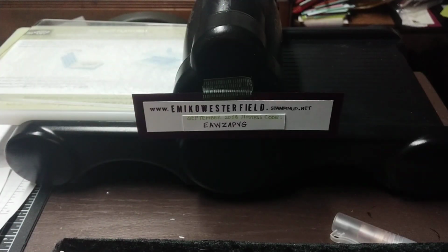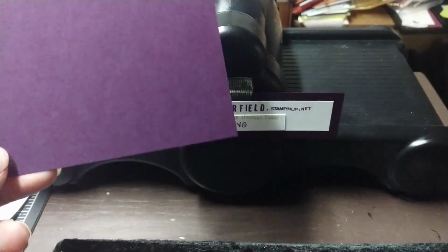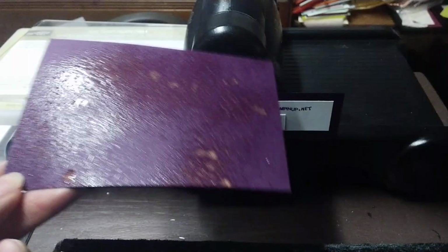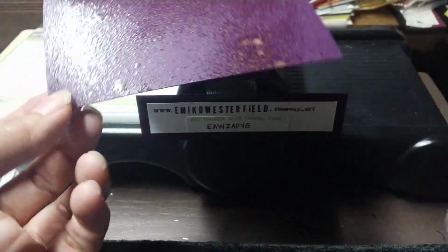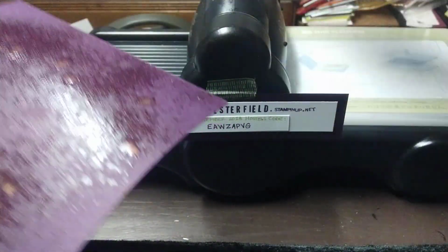All right, now what I want to show you on this one is this one I'm going to do in the copper because I love copper, and this is one of my very favorite all-time Stampin' Up! colors, Blackberry Bliss, and I'm so excited that they brought it back when they did the color relaunch. All right, so I'm spraying this down with the copper. I was a little more heavy-handed with this one because I just want it to be a lot more pop